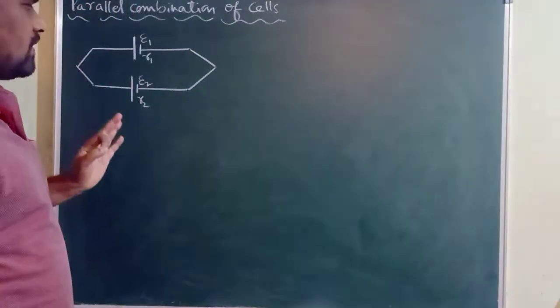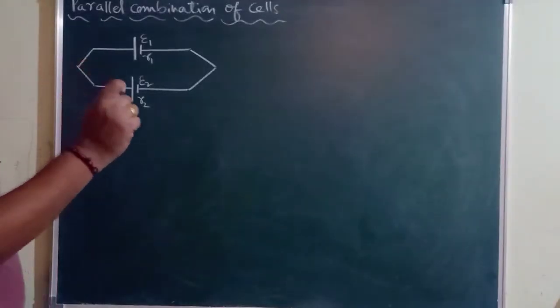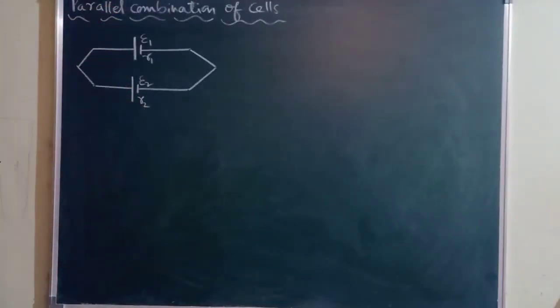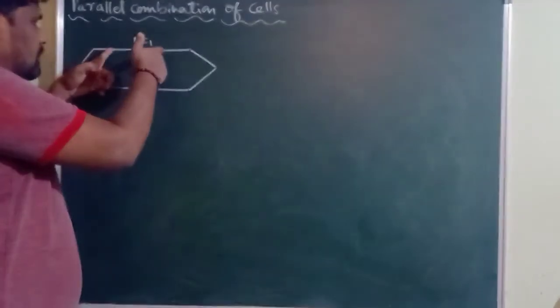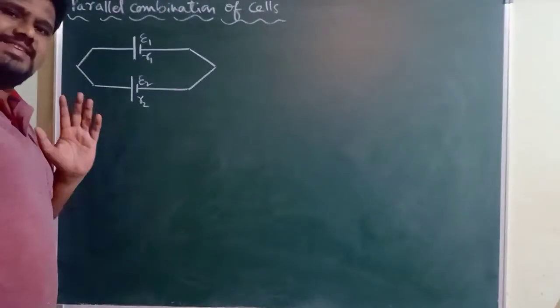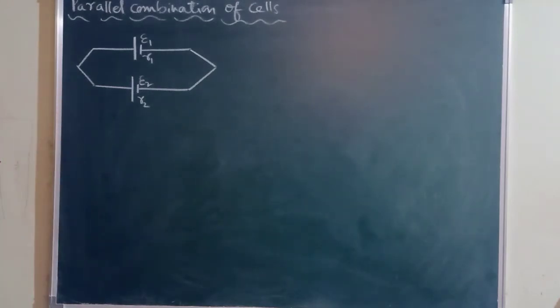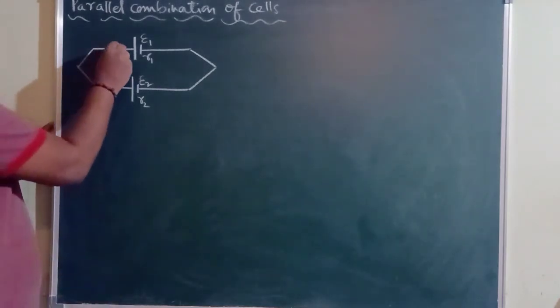When a number of cells are connected in parallel, the terminal potential difference across each cell will be the same. If you measure the potential difference across the first cell, and across the second cell, both are going to have the same terminal potential difference,